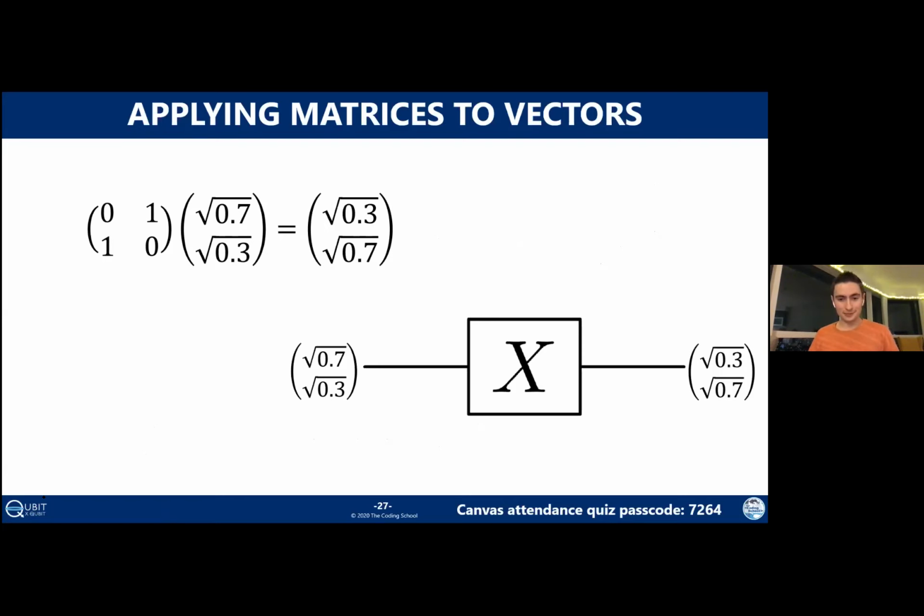So no worries if this was not obvious at first. This is the first time we're starting to introduce this idea. But in quantum computing, matrices are going to represent gates. And so if you remember, the definition of X was to essentially, if you had something times 0 plus something times 1, swap them to become beta times 0 plus alpha times 1. And that's exactly what we see here. The top element and the bottom element have just switched around. And so this 0, 1, 1, 0 matrix is the matrix form of the X operator.